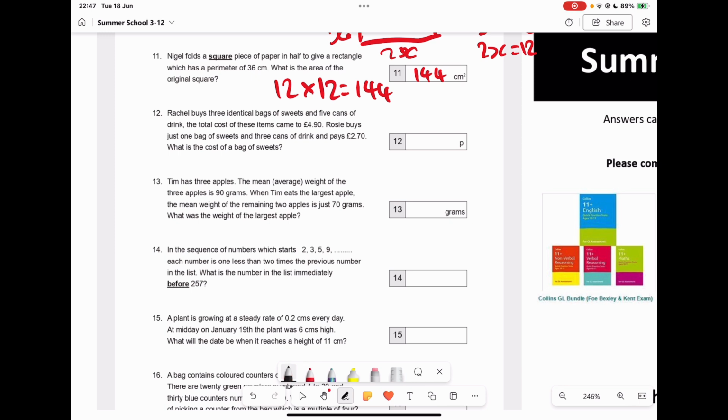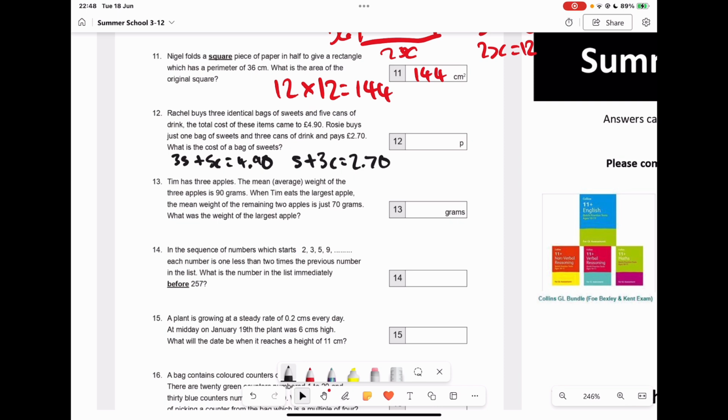So 3 sweets and 5 cans cost £4.90, and then 1 bag of sweets and 3 cans will be £2.70. So what we can do here is we can make the values the same, or we can find the difference. Okay, so if 3 sweets and 5 cans cost £4.90 and 1 sweet and 3 cans cost £2.70, we can